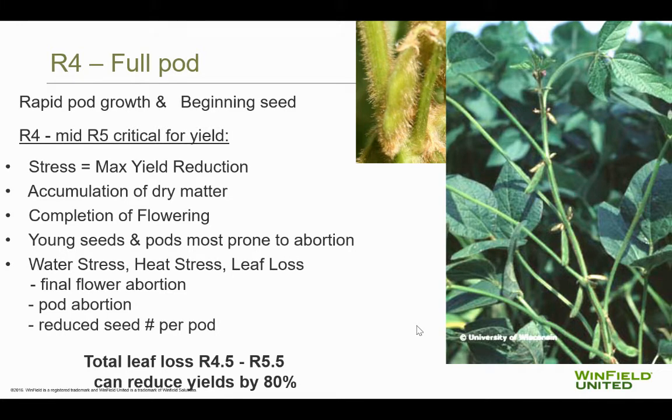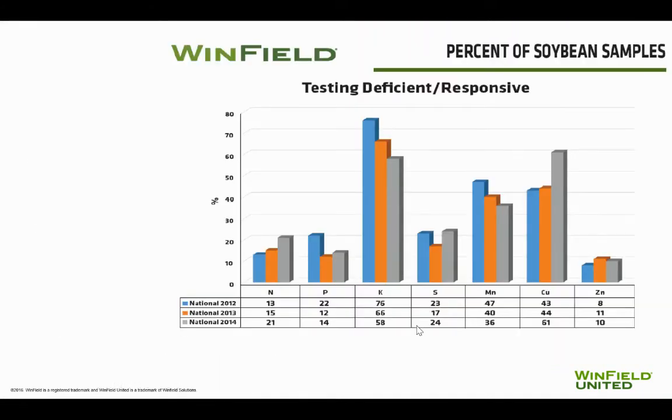And so when we get that stress, that leaf loss, as research would show from R4.5, that late pod to early seed stage, we can have yields reduced up to 80%. So again, there's a really sensitive time in a soybean plant because it is doing so much in terms of its production. So one of the things besides disease control that we talked about last week that we can manage